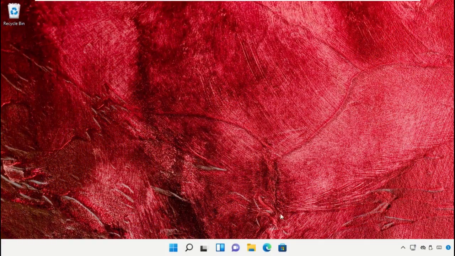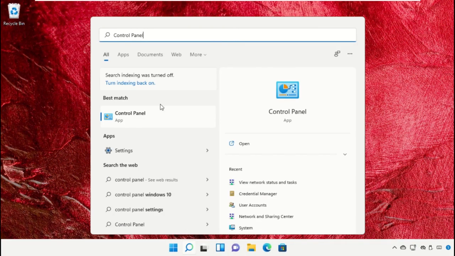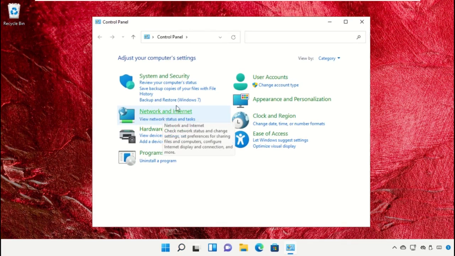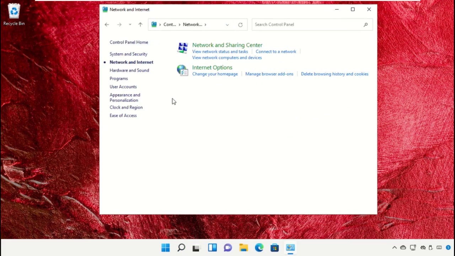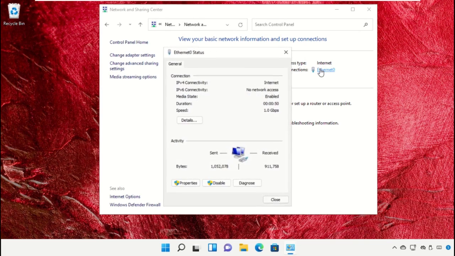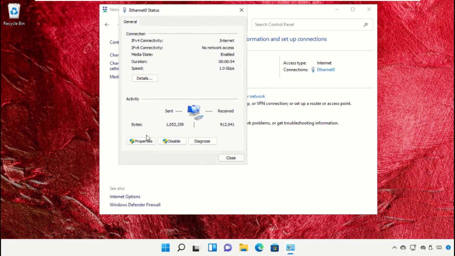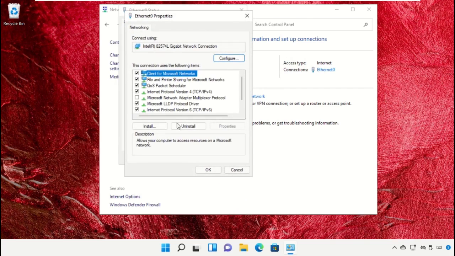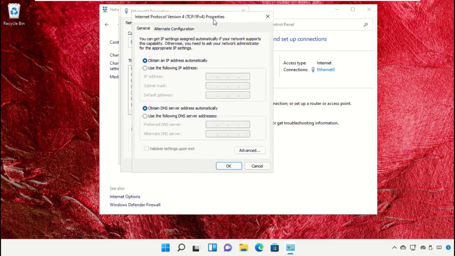Now the next step is very important. Go to search bar and type control panel, click here and then click on network and internet, select network and sharing center and click on your internet connection status. Now go to properties and select IPv4, that is Internet Protocol version 4. Click on properties